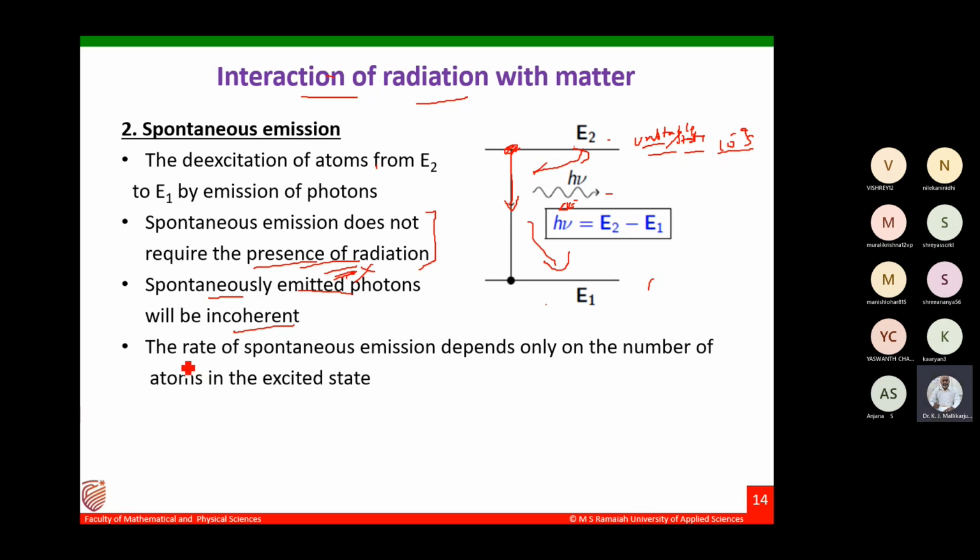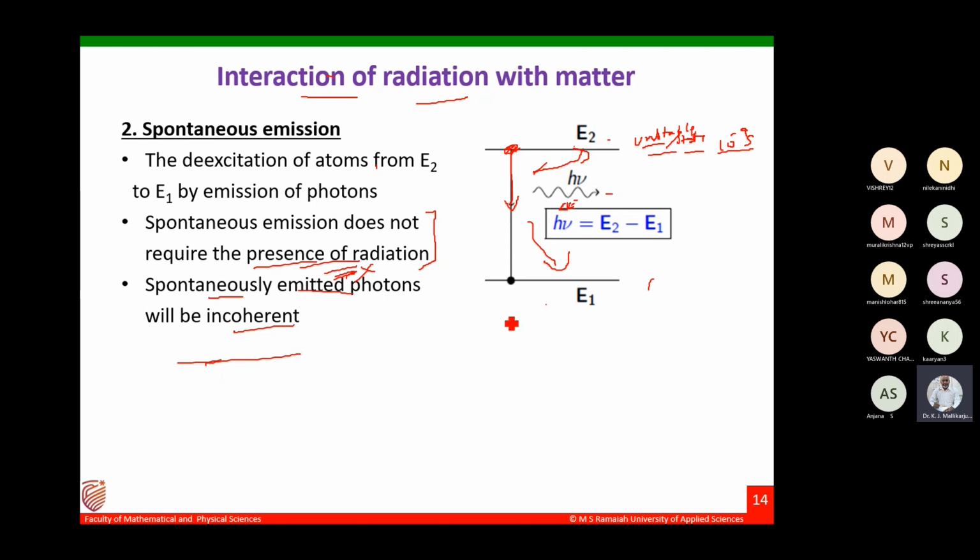Let us write that. Can you write what the rate of spontaneous emission is? This is the rate of spontaneous emission. If I want to write it, the representation is given by, let us use the same letter R, R 2 to 1. It goes beyond the screen. R 2 to 1.